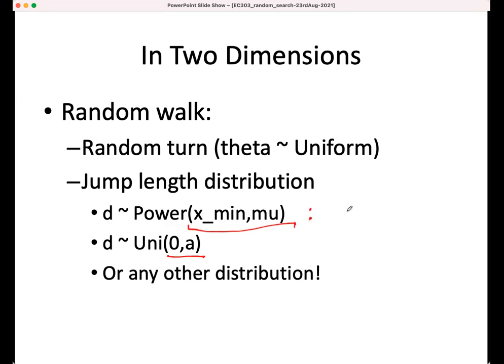So when you define a power law distribution with 2 parameters, X min and mu, you are not going from 0 to X min. X min is the minimum value and the maximum value is actually infinity. Right, in the context of this one, the range of values were between 0 and A,